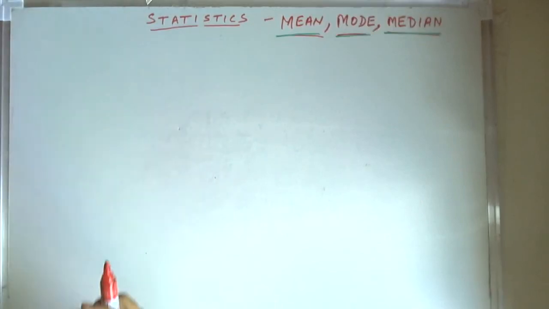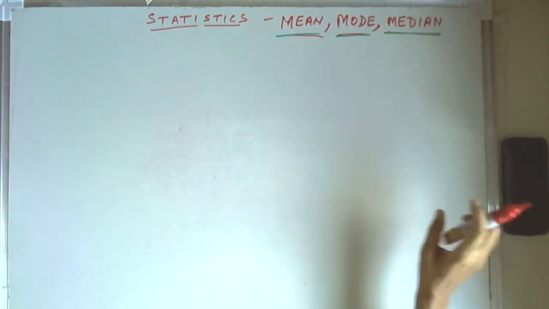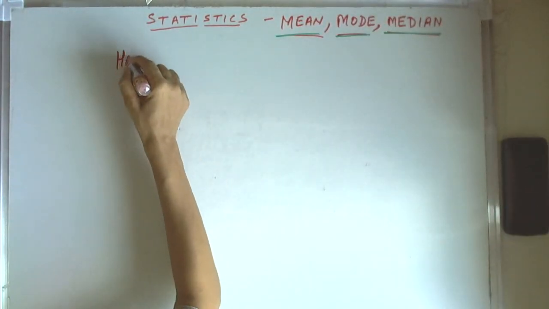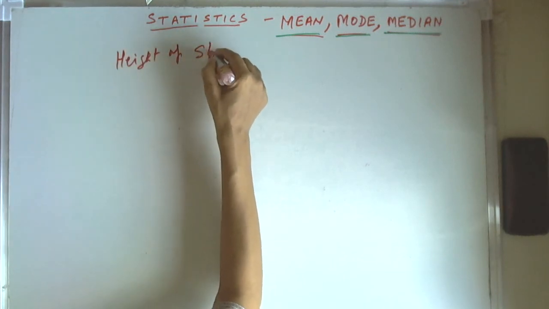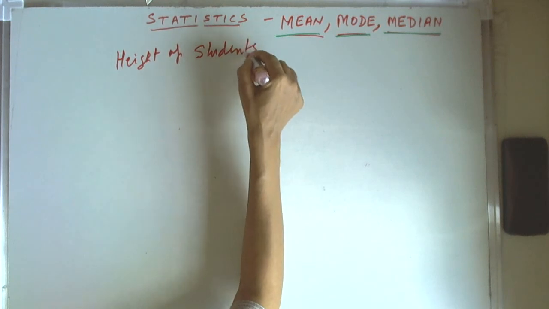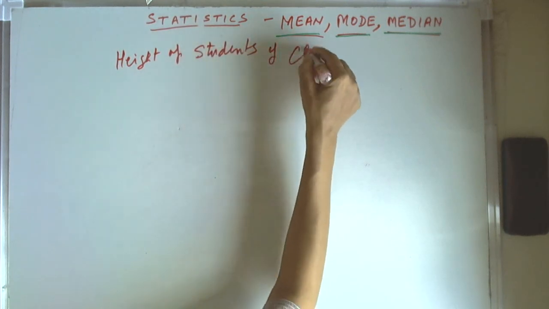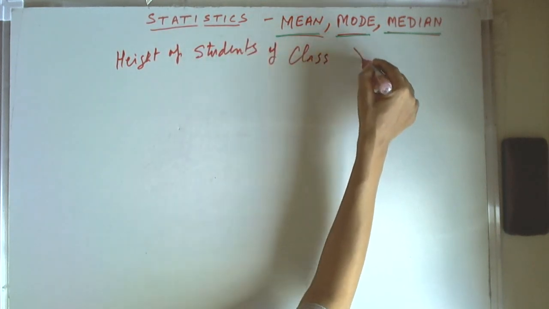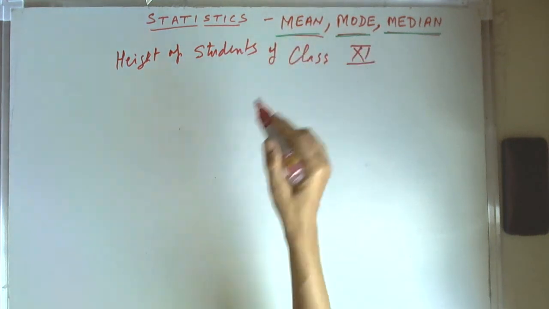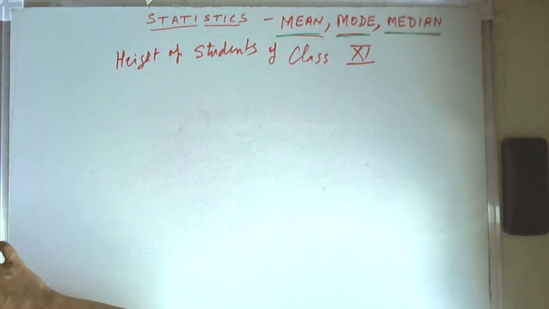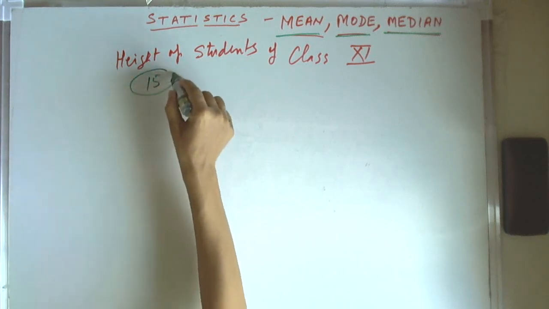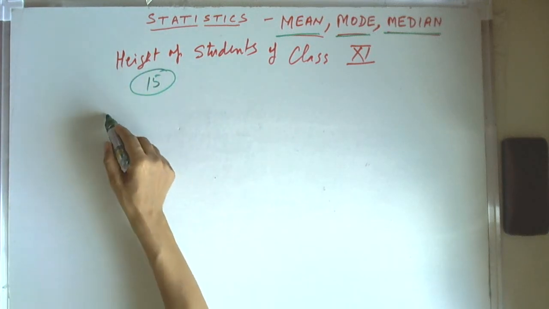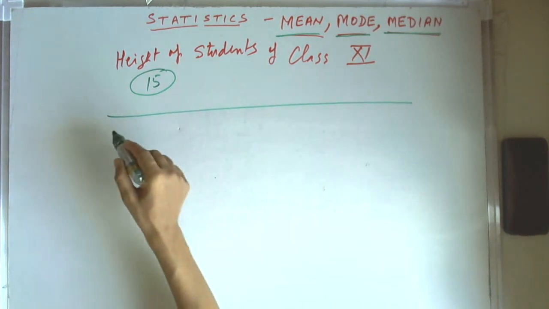And this time let us take class 11. So height of students of class 11, and say there are 15 students. How many? 15. तो 15 स्टूडेंट्स हैं और उनकी हाइट, सपोज वी से